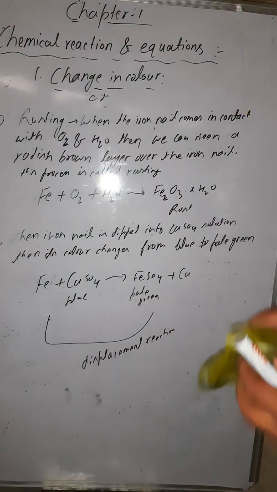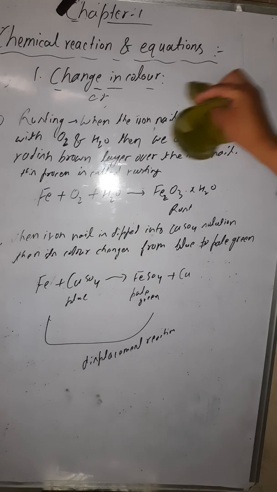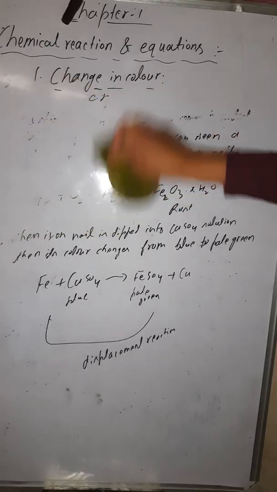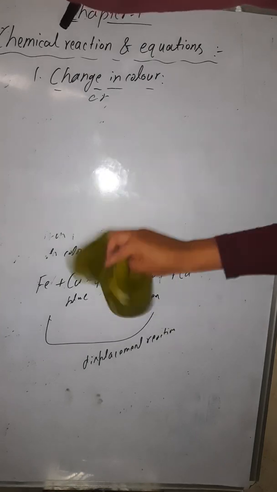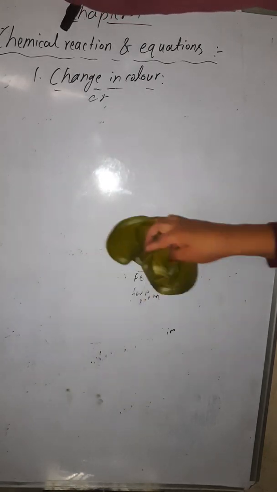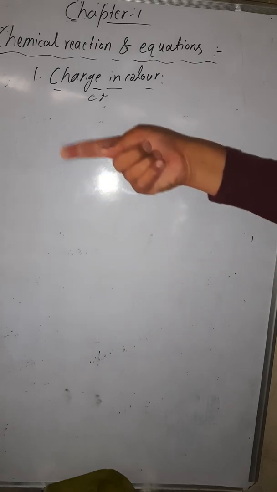Now see some more examples I can tell you here. Let me erase this, first we have to note it. Now some other examples we'll take here. One example is this. What is the color of the potassium permanganate? The color of the potassium permanganate is purple. Are you getting this? What is the color of the potassium permanganate? Purple color. Okay, now when you add some citric acid to the potassium permanganate solution.